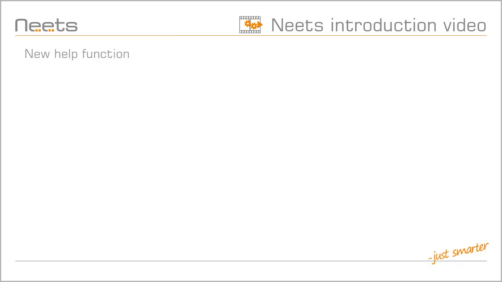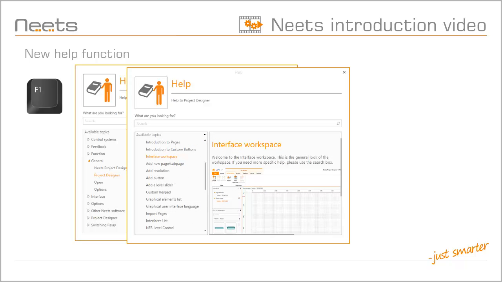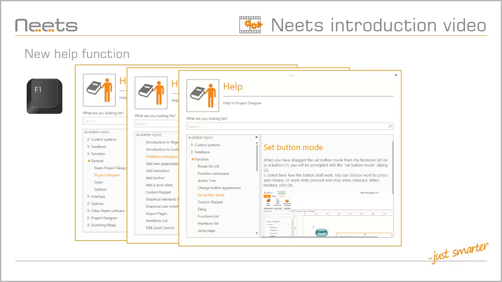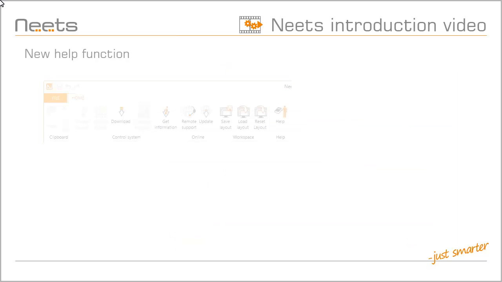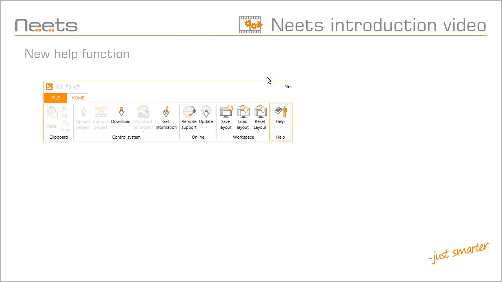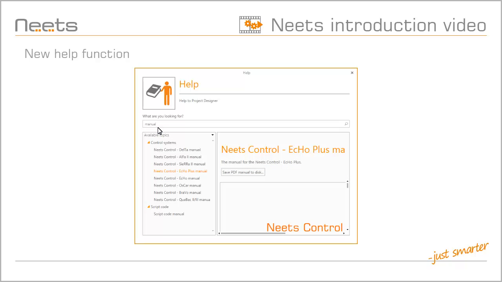Neets has worked extensively on improving the help function in the Project Designer 1.7. You will have access to the help function by pressing F1 on your keyboard anywhere in the Project Designer. This will bring up the help function for whatever action you are doing. Some help functions include videos streamed directly from the internet. You can also access the help function directly from the Home ribbon. And in the Help pop-up, you can search for any topic that you need help for. As an example, you can search for a manual, and you will find the installation manual for the Neets control